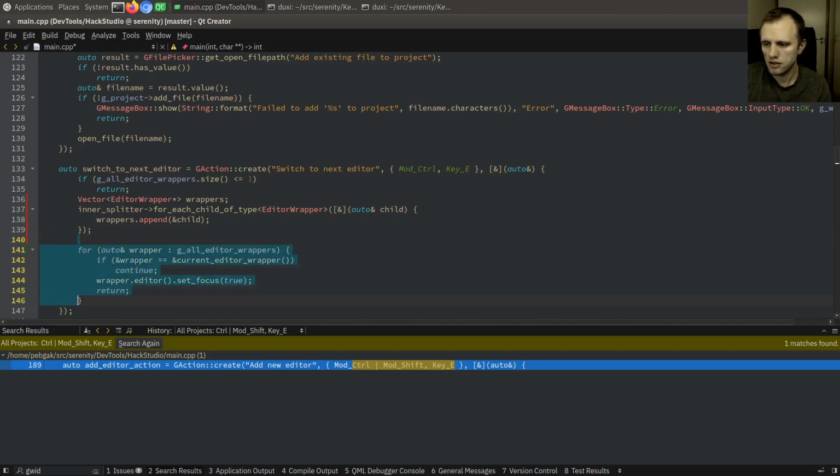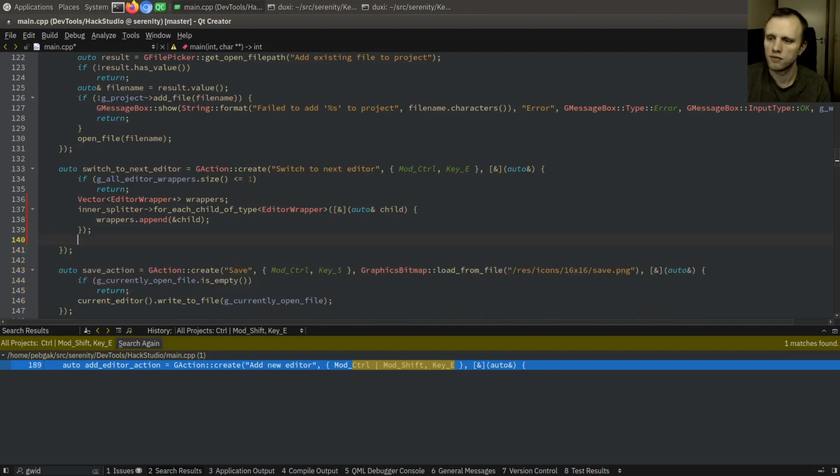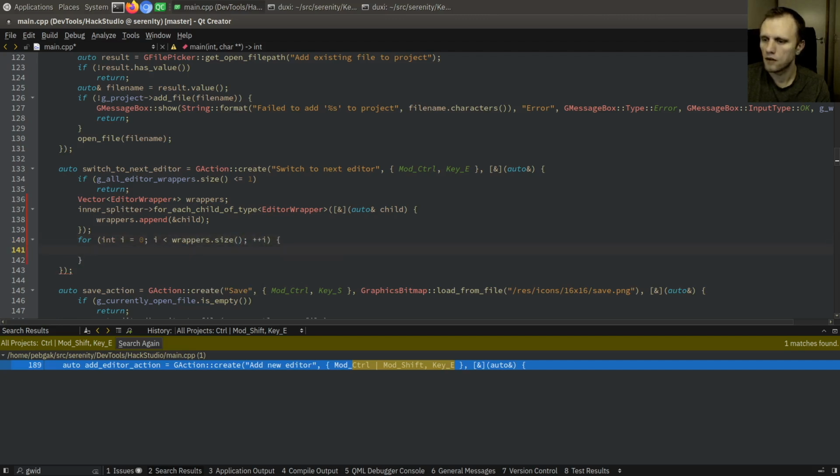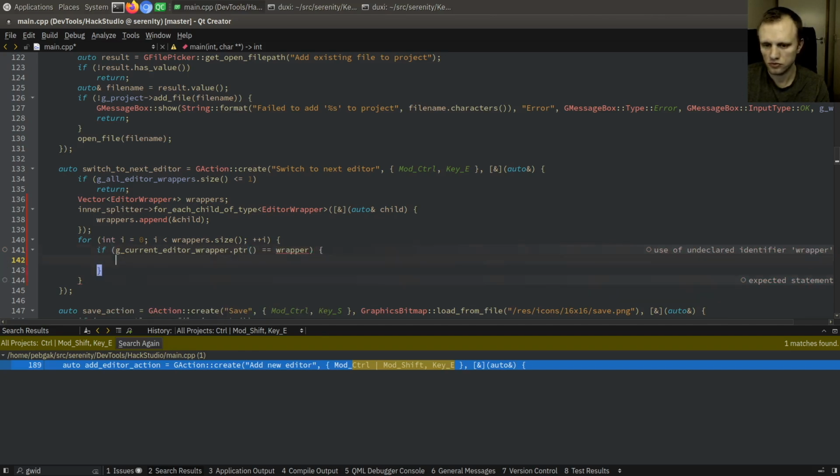And then all we need to do is just, if G current editor wrapper dot putter is wrapper, wrappers I. Then